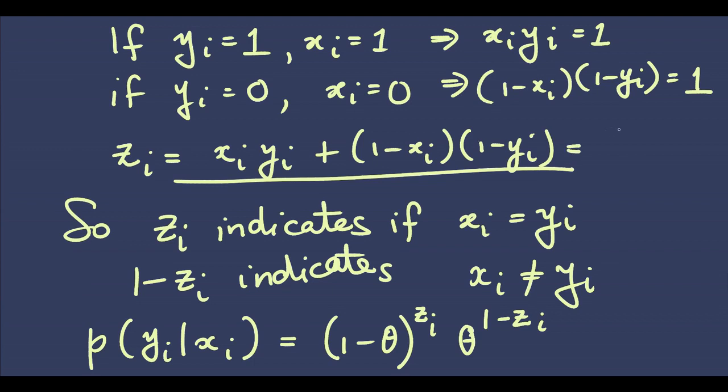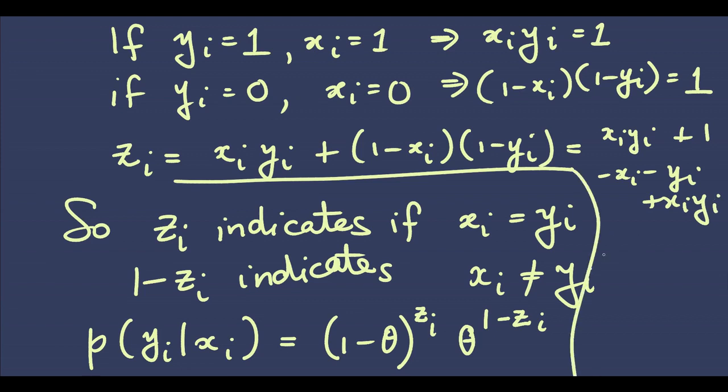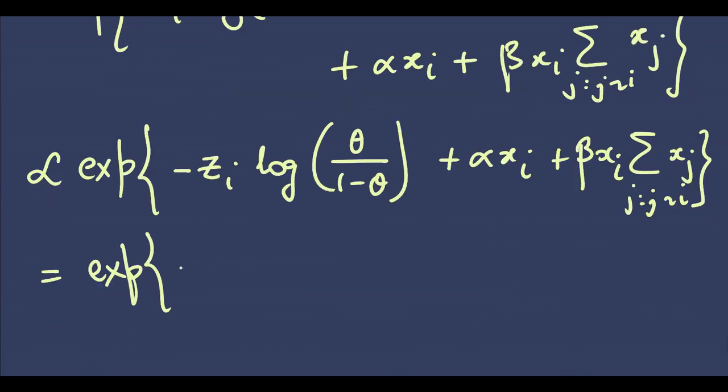And if we do that, what we'll get is xi yi plus 1 minus xi minus yi plus xi yi. So that will give us 1 minus xi minus yi plus 2 xi yi. So plugging that in here,